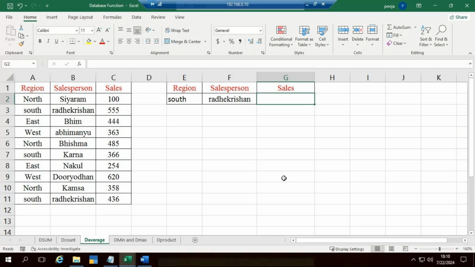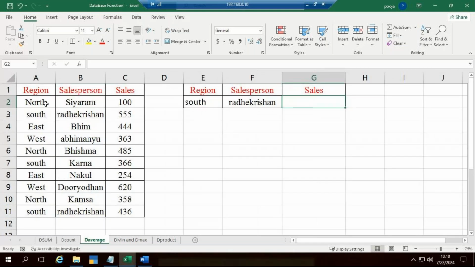So we'll start with DAVERAGE then. Yes, ma'am. Okay, fine. So I have some data here: region, salesman, person, sales. I want to know the average in the region south, for the particular person named Radha Krishna. So I'm using equals